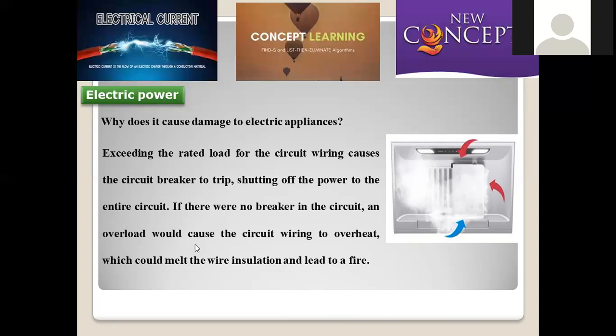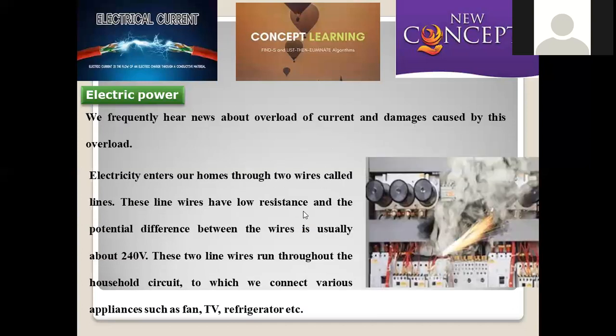If such protection is not provided, there is a cause of fire accidents. If there were no breakers present in the circuit, overload would occur. Whatever load we are applying would be extended exponentially, and finally the conducting materials may not survive, may not bear that extent of load, so there is overheating, over circulation, and that finally leads to fire. That causes a hazardous impact on households and even in factories and commercial purposes as well.